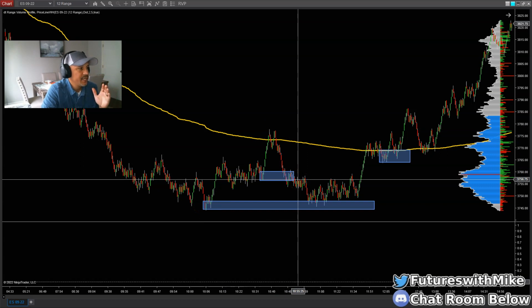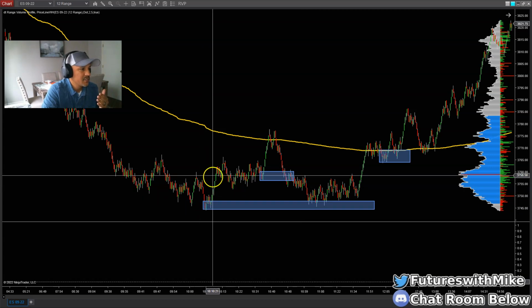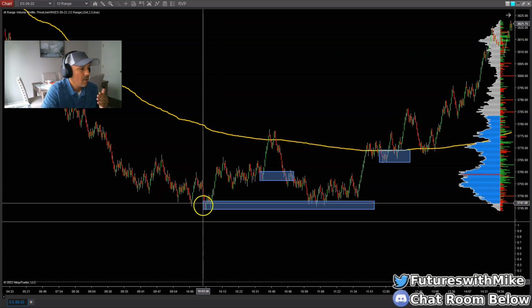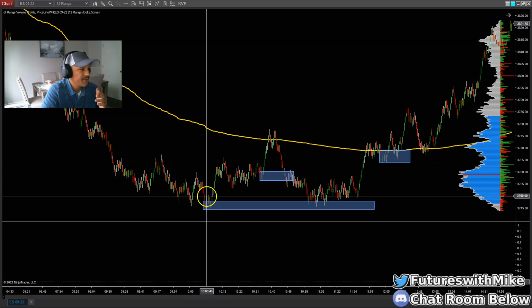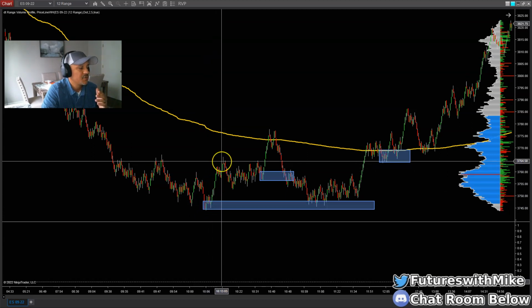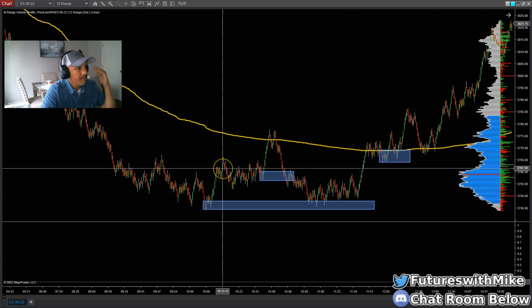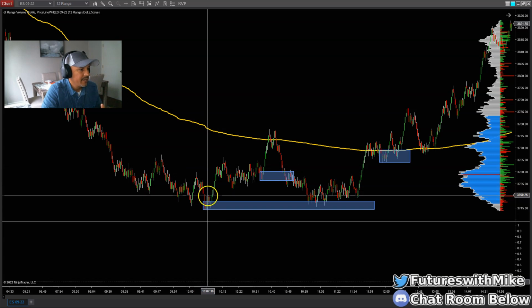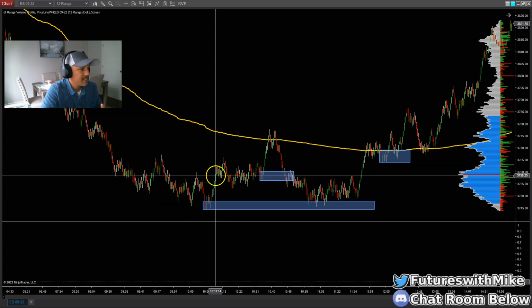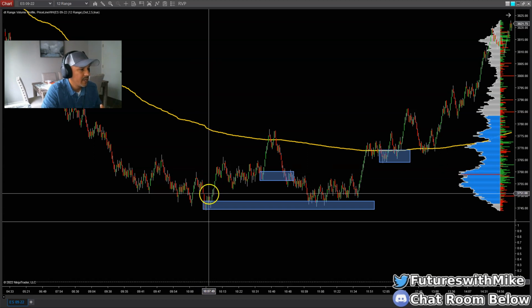Always look for the origination, more so the initial area where price started rejecting as it started breaking structure to the upside. Where did it start happening? Right here in this area. It made its first swing up here, pulled back, and broke structure up here. So the moment I see price break through this structure right here and start making small higher highs and higher lows to the upside, breaking structure, meaning it's breaking resistance on the move to the upside,